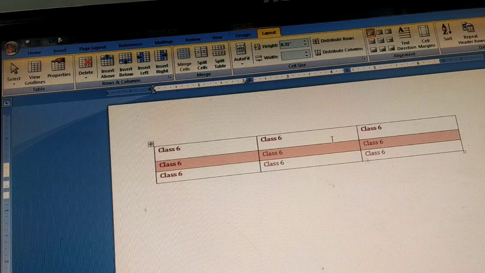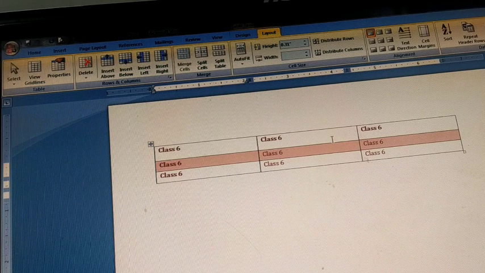Alignment of a table. Children, when I say alignment, I am talking about how we are positioning the table on the word page. When you write in your notebooks, children, you arrange it in a proper way and you write towards the left hand side of the page so that your handwriting looks better and your copy looks neat, isn't it?